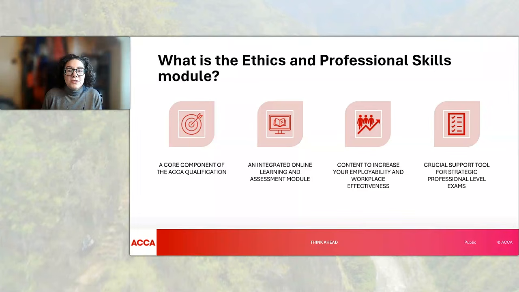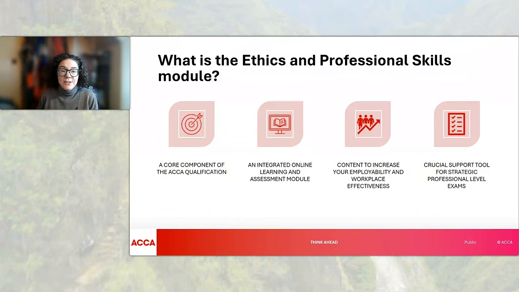And once you have purchased it, then it can be completed on demand. It's designed to be flexible so that you can complete it over multiple sittings. You don't need to do everything in one go. But it should be attempted before you attempt your first strategic professional exam. And we'll talk about that and why that's the case in a little bit more detail in a minute.